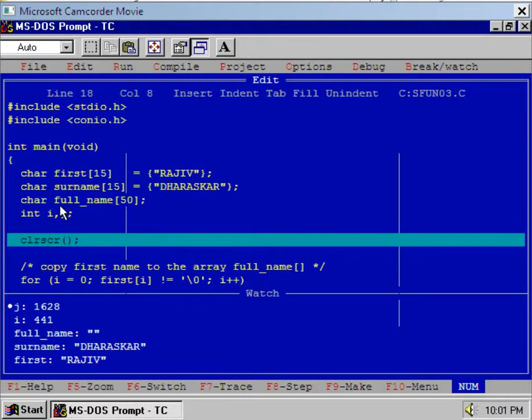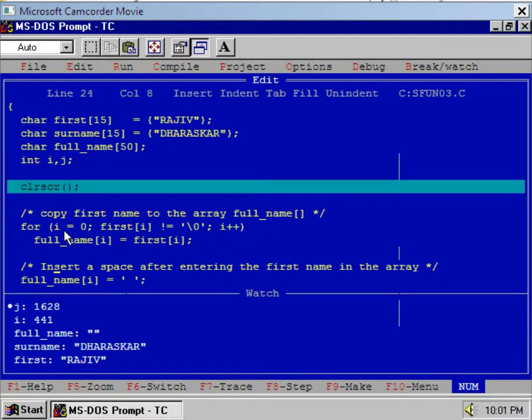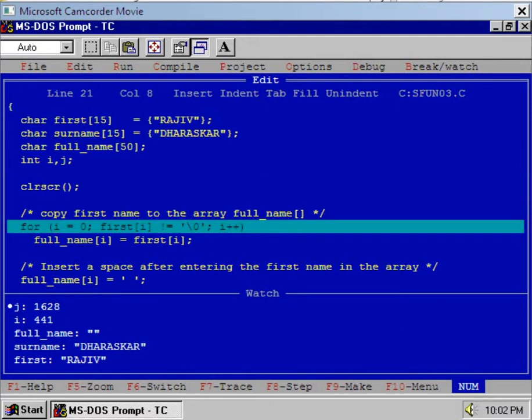And after that I have declared a third array, namely full name. The dimension of this array is 50. After that I have declared two variables, i and j. I'll use these variables as counters in the for loop. Clear? Now observe the process very carefully. Please observe the watch window, where we can watch the contents of the arrays first, surname and full name, as well as the values of the counter variables i and j. Okay, now execute the clear screen and now see the working of the first for loop.